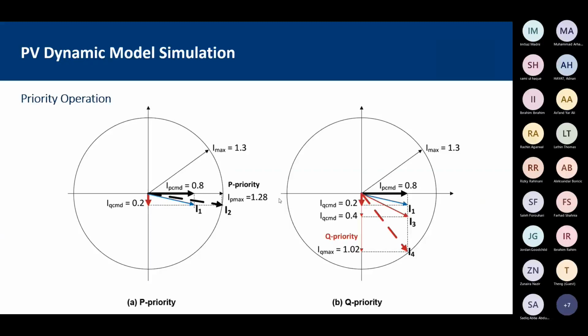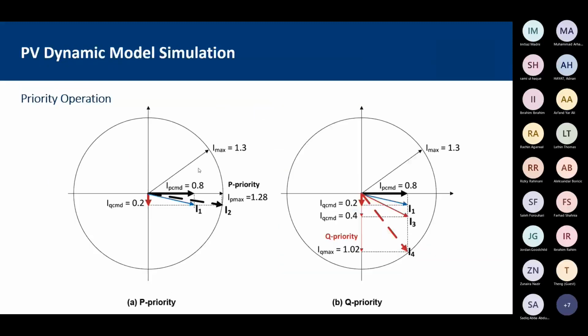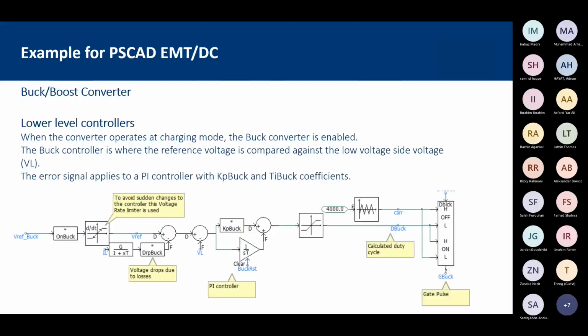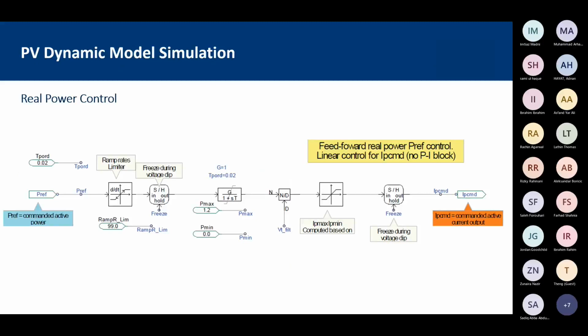And most of the network operators ask you to do the power factor control, where you are obliged to maintain the power factor. So then you can also define that one as well. I had an example for the battery storage system as well, with buck converters and boost converters, but I think I can just quickly go to